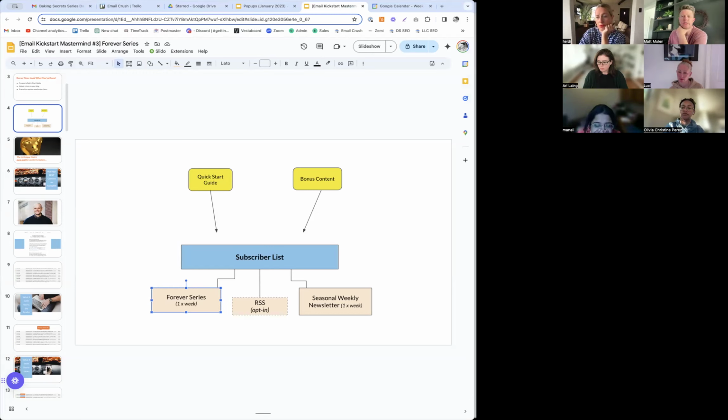Are we talking 52 weeks of the Forever series and then phase them into seasonal? Ari, here's my logic on this, and I may be faulty on this. Let's say a new subscriber comes in and you send them 5 Forever series emails, and they open all 5. On week 6, are they going to magically remember to come back to your website? Probably not, even though they would have probably opened email number 6 in the Forever series. That logic, in my feeble brain, holds true whether it's week 5 and 6, week 15 and 16, week 56 and 57.